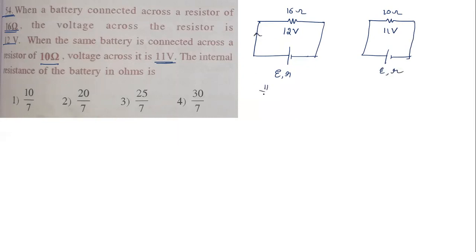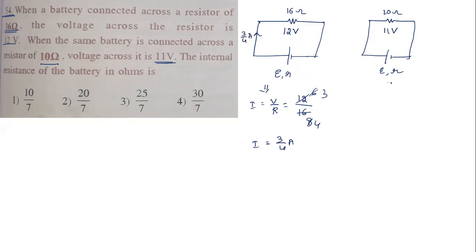In this case, current I is given by V by R. V is how much? 12 volt. R is how much? 16. So we're going to cancel this one. Now we're going to cancel 6 times 8, so 2 3 times, 2 4 times. So current is going to get what now? 3 by 4 ampere. Here it is 3 by 4 ampere.